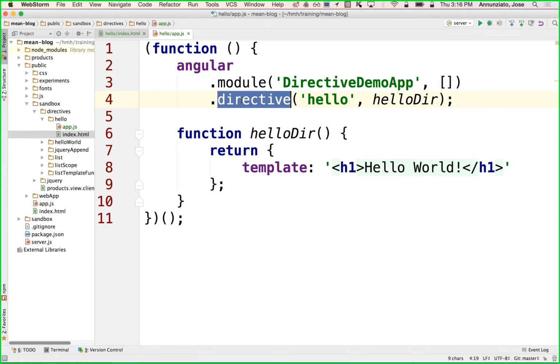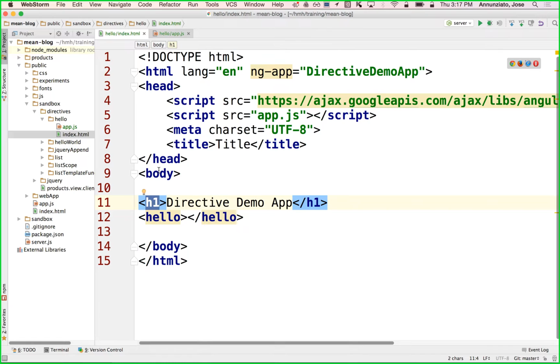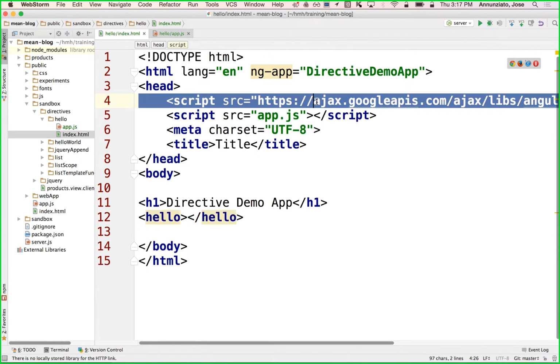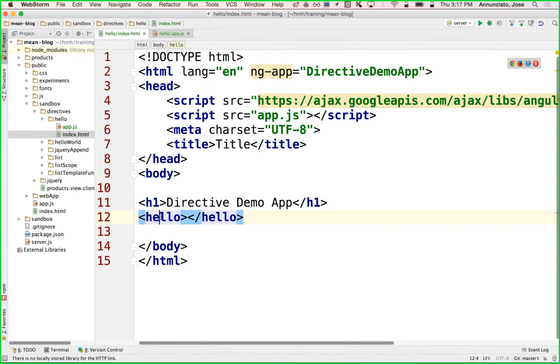But it is using this new function that we introduced that allowed you to create brand new tags, right? So this hello is now going to match this hello tag, right? What happens here is that the browser knows how to interpret h1 and body and head and all the standard HTML tags, but it's not going to render this one because it doesn't know what to do with it. Instead, these are going to be interpreted by the Angular infrastructure, right? The Angular infrastructure having declared a directive hello is going to look for the